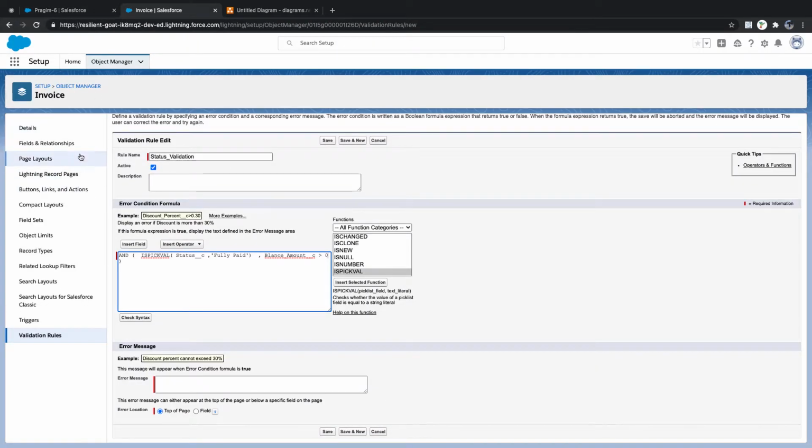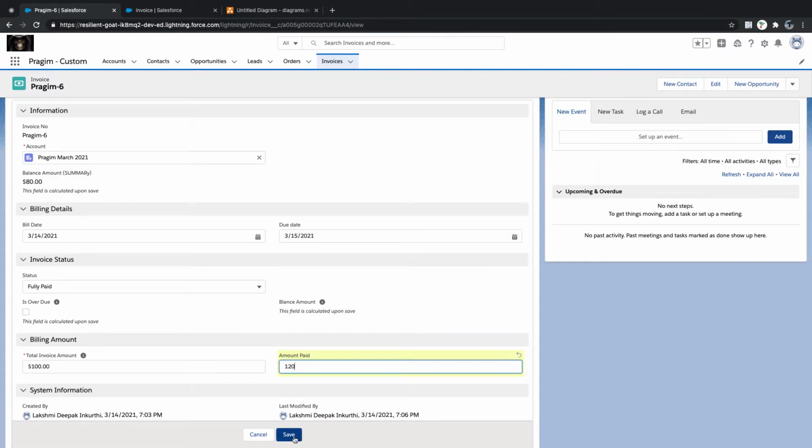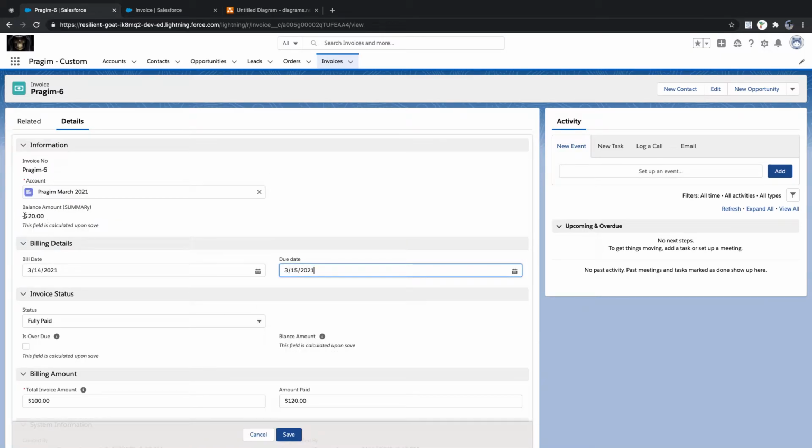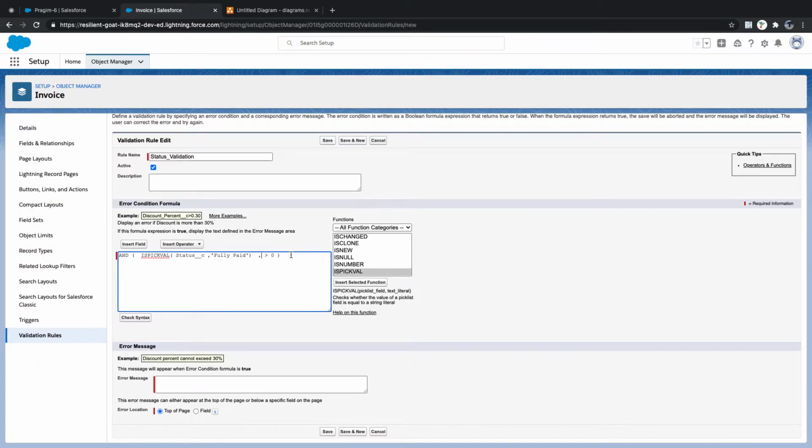Okay. Now we need to check out a formula here. Let's say we'll save this. What is the outcome we'll get? Whether we'll get a positive value or negative value. Balance amount. Okay. Amount. Balance amount. We are not getting it. Okay. If it is overdue, this is going to update. Okay. Oh, minus 20. If it is minus 20, here you will get plus 20. So now balance amount summary I need to check, right?